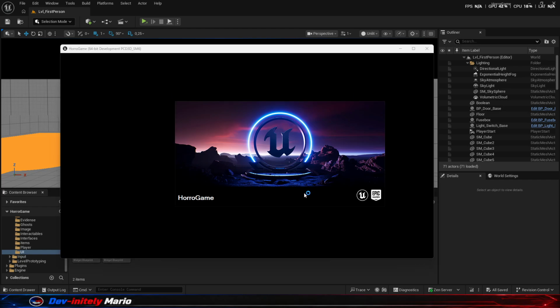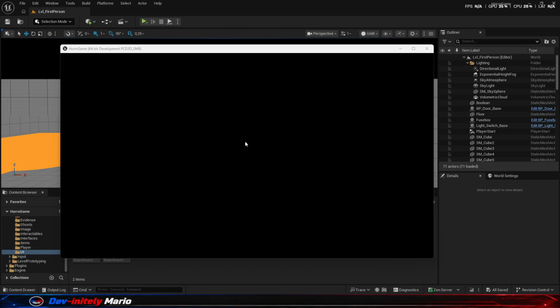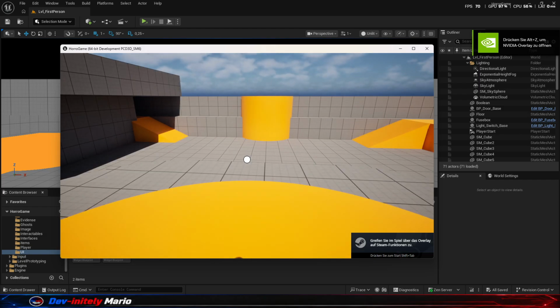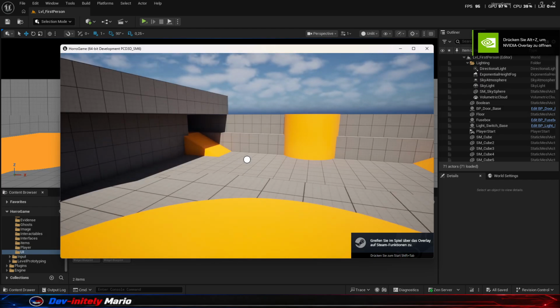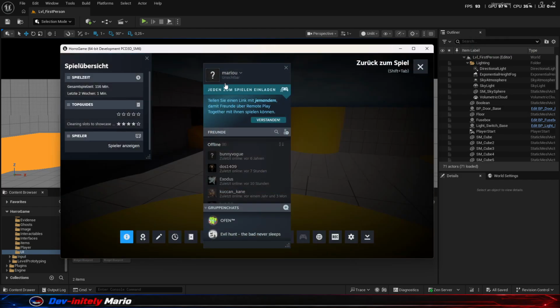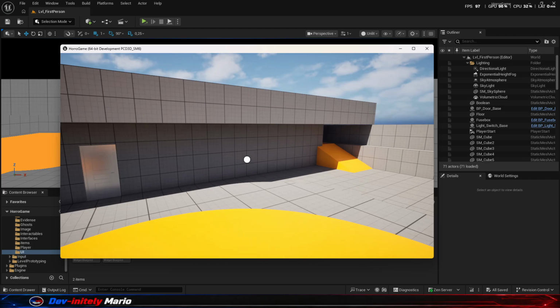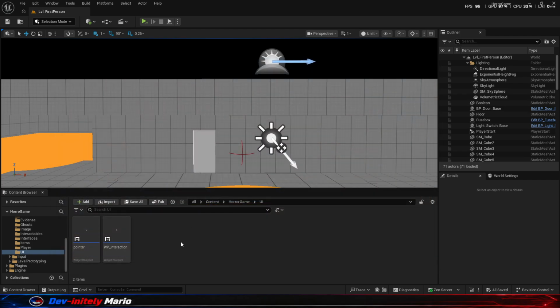New game will start. Now you see at the right bottom corner, it says to press the key to start the Steam overlay. You have now successfully implemented Steam into your game. Yay, that's amazing. Now we will quickly make a host and lobby, and we will come to an end of